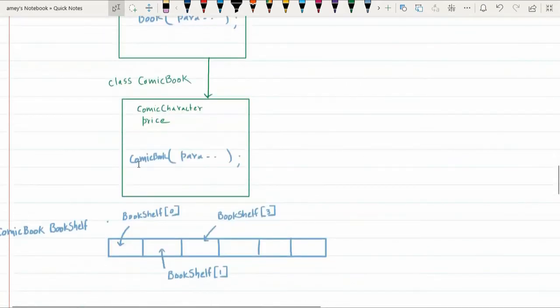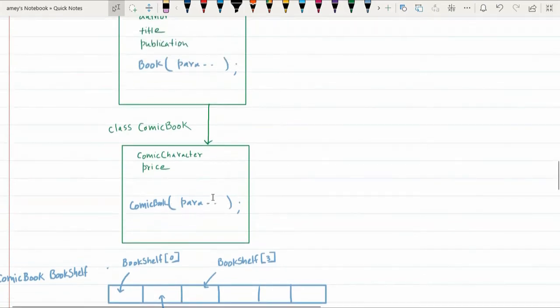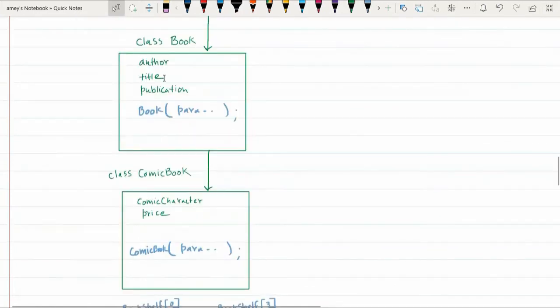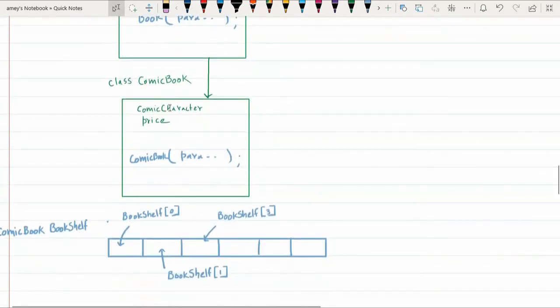Okay, and since the comic book object will be called through the main, the constructor, while invoking that object in the main, of type comic book, how many parameters will be there? You will have to pass all the parameters of all the superclasses as well. So you will have to pass 1, 2, 3, 4 parameters of the superclass, 5, 6, 7 of the subclass, and 8, 9, these are the two parameters of its own class.